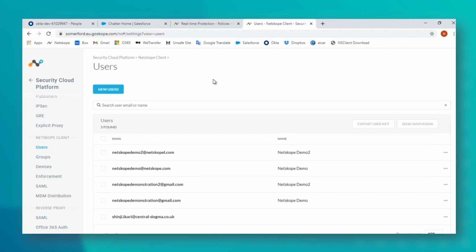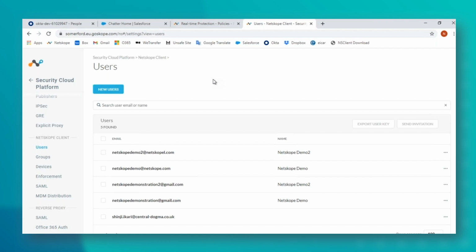So the user can launch that RDP from their home and be taken to the internal resource as long as that client is there and running and they're allowed to. Now, the way that works is I have a publisher in my on-premise estate. That publisher is talking to my tenant.